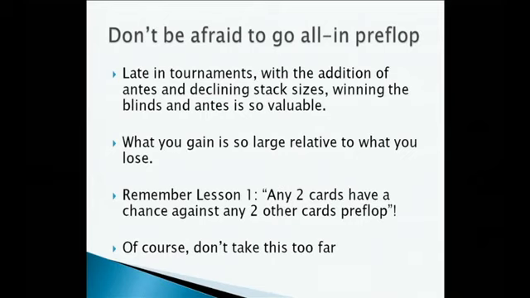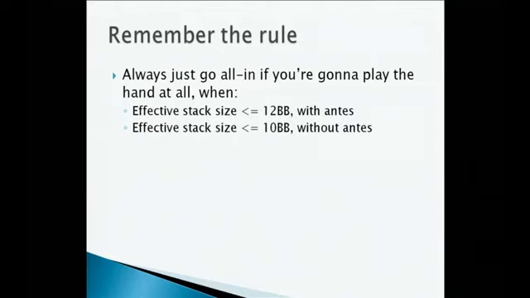But the thing to remember is, late in the tournament, the antes and blinds are so big, and if you can win the blinds by going all in, that's such a large gain relative to what you risk. And also, any two cards have a chance against any other two pre-flop. So what was the rule I said? The rule I said in the first class is, when the effective stack size is less than 12 big blinds,